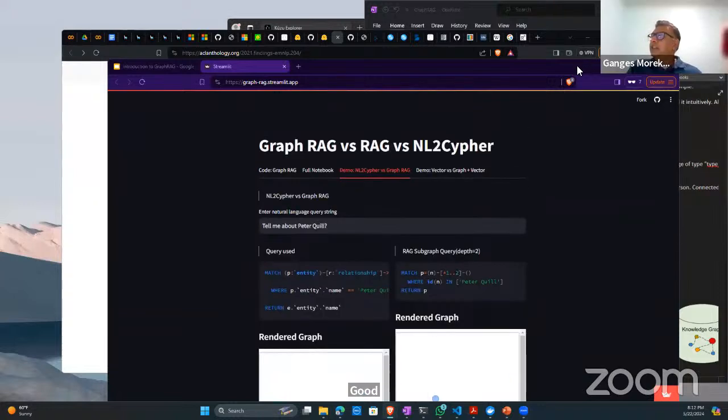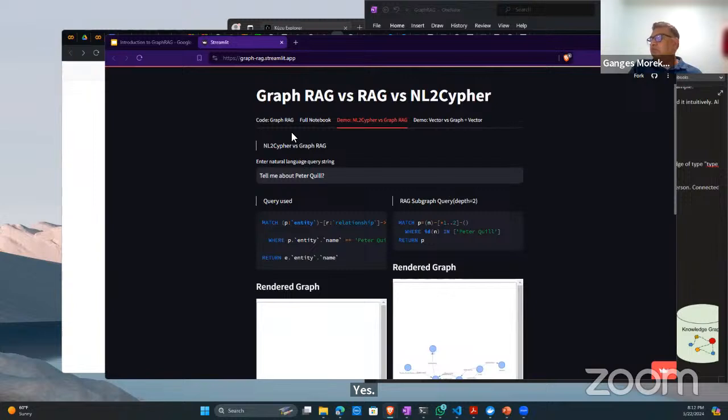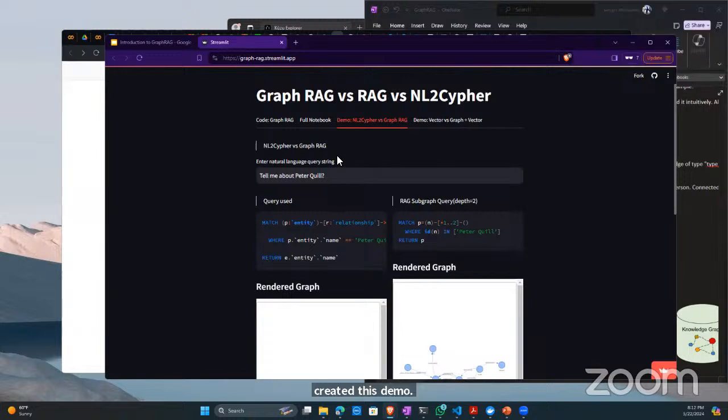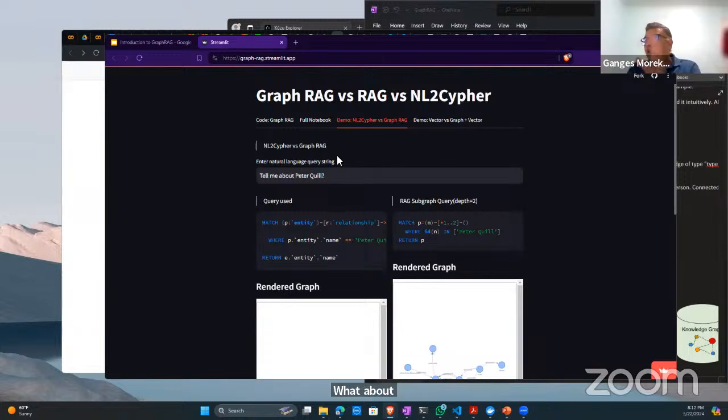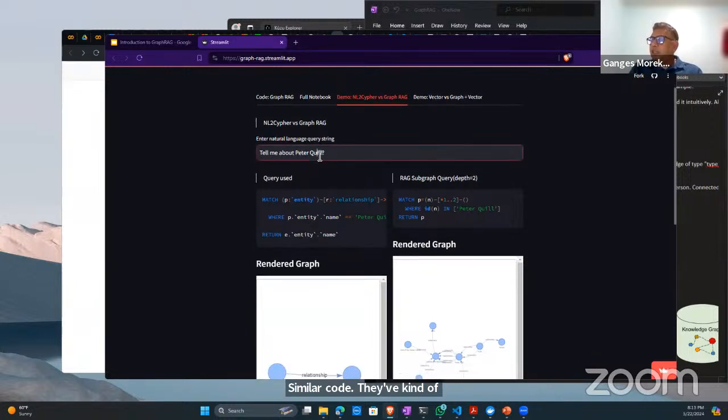Yes. Yeah, this is the demo. When I share my slide deck, you'll have the link to this one. This is basically the Nebula Graph. They have created this demo. The code walkthrough I did is similar code. They've taken it to a demo to run these queries. So let's see, okay, Asim Chaudhary, because we have looked at